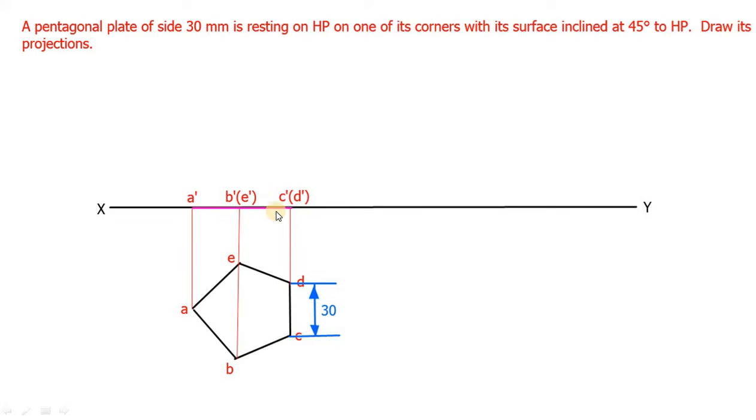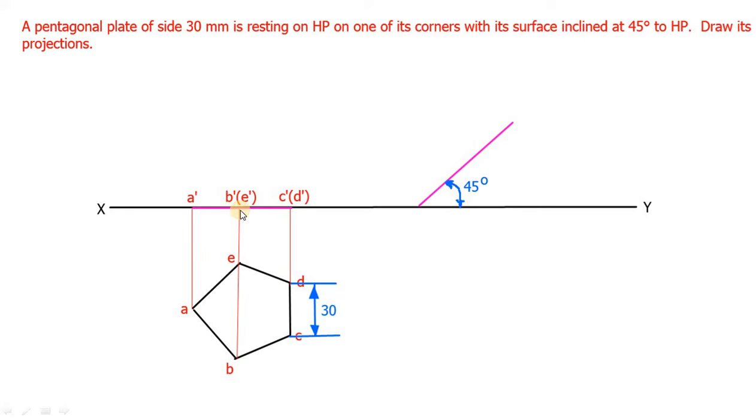So measure the length of this line and draw this line in such a way that it should be inclined 45 degree. See here, I have drawn this particular line, that is A dash C dash, which is inclined at 45 degree to XY. So which means it is 45 degree inclined to HP.